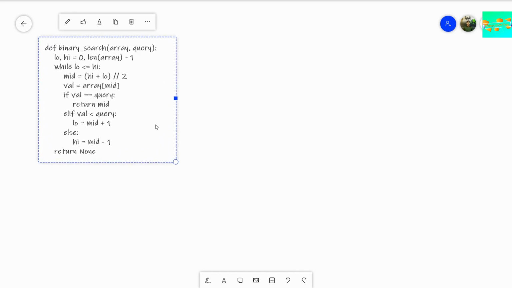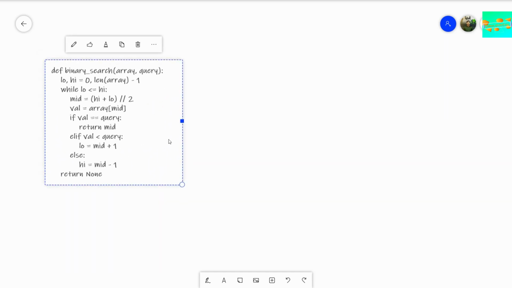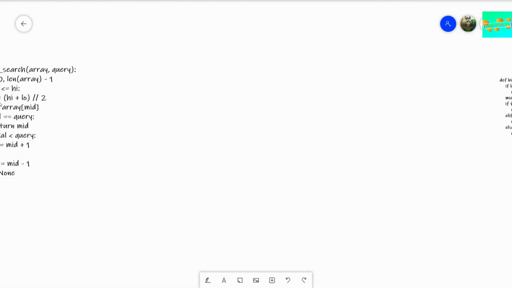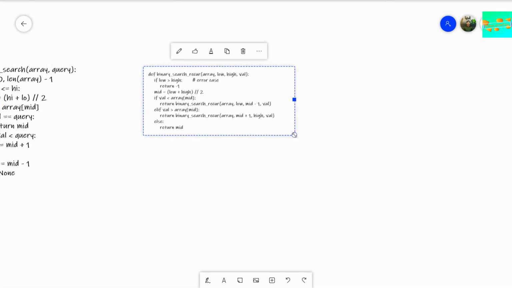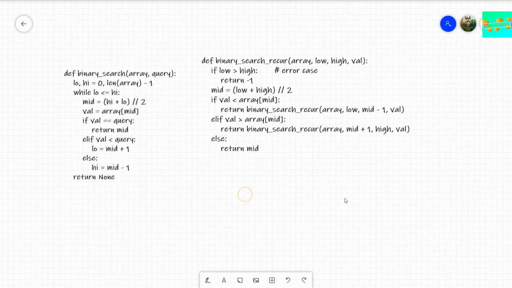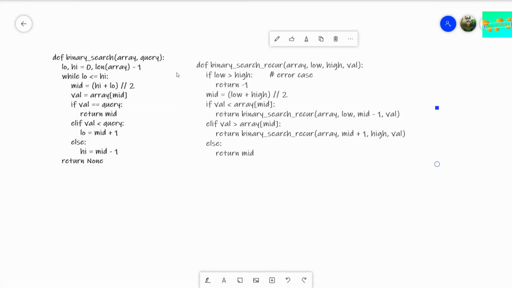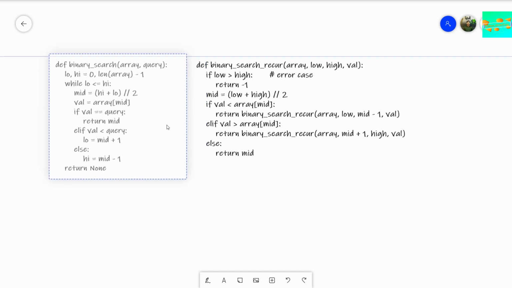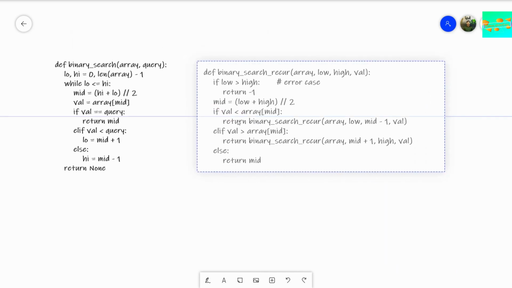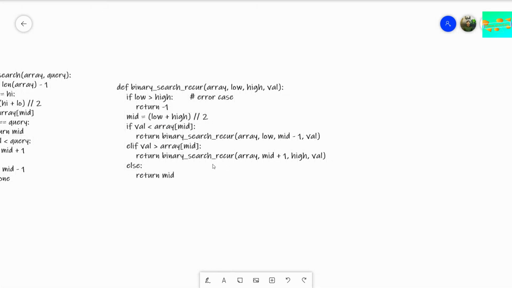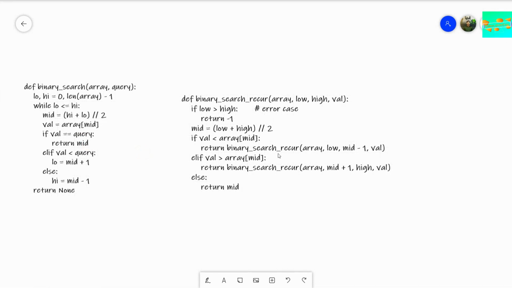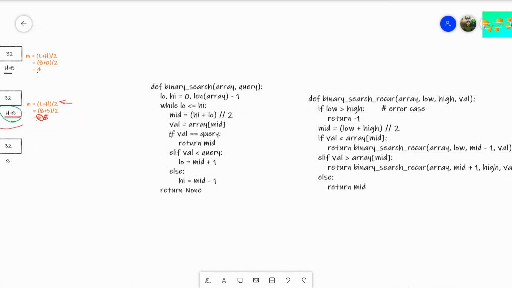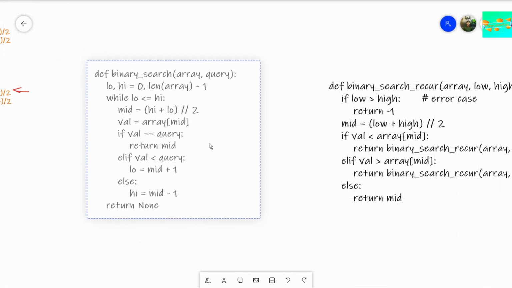working on the code, on some binary search algorithm written in Python. I'll show you two programs written in Python implementing binary search, and I will explain one by one what each does. So first, let's not start with the recursive one. Let's start with the iterative process first and understand how this works.